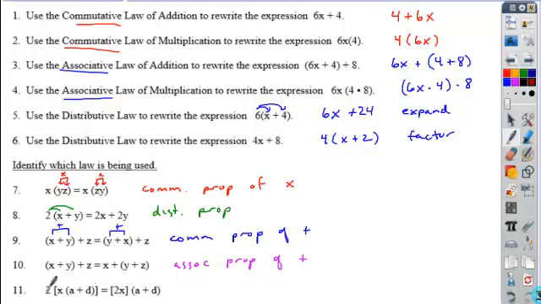Okay, so be careful on that, since the distributive would be 2x distributing into the a and the plus d. When you look at this, we still have a factor of 2, a factor of x, and a binomial factor of a plus d. Is the order changing on those? Nope. So when the order doesn't change, which property is illustrated? Very good. Okay, so this is associative property of multiplication. All right, so